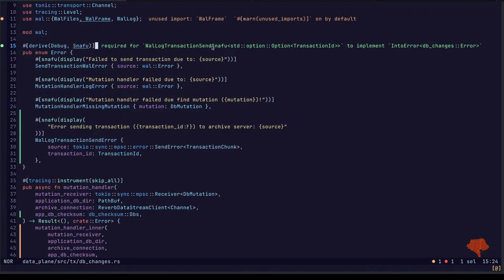Wired for a wall log transaction snafu to error. What? Oh, this here, it's an optional transaction ID.